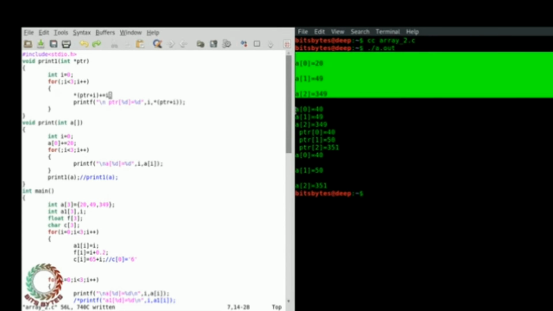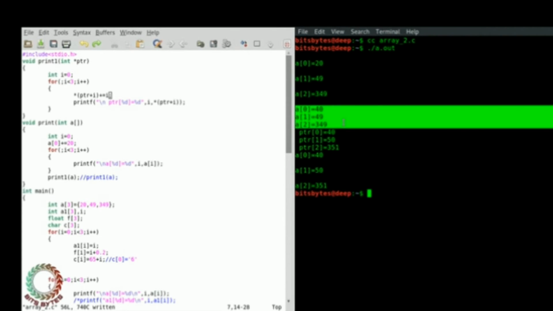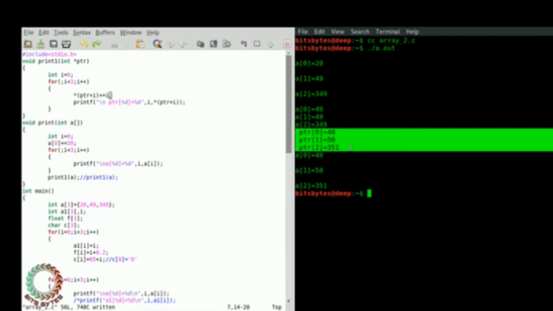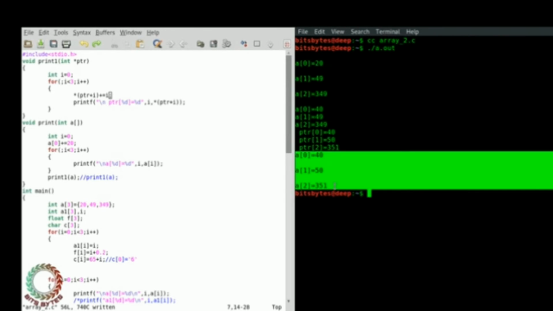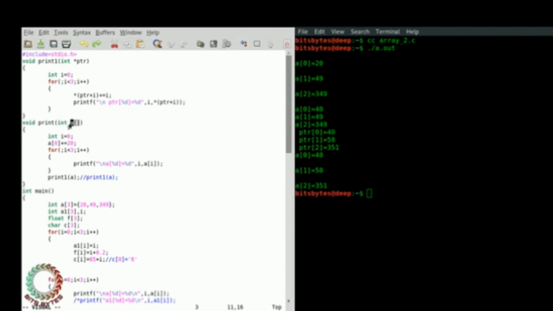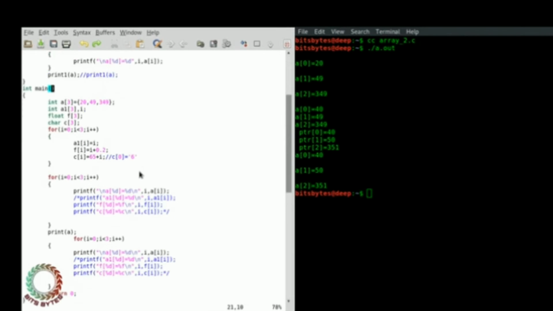After calling the print function, the value is this. After calling the print1 function, the value is this. And now this value becomes this value. The original copy changed, but it takes the address of that print a array function, and it reflects in its parent also.